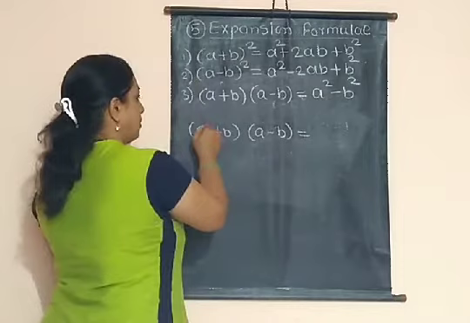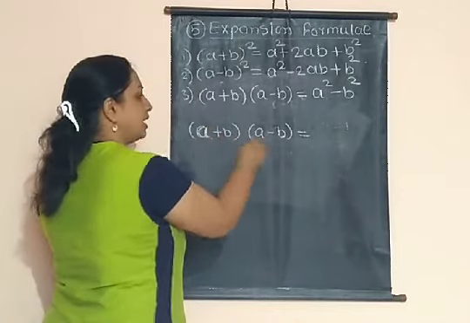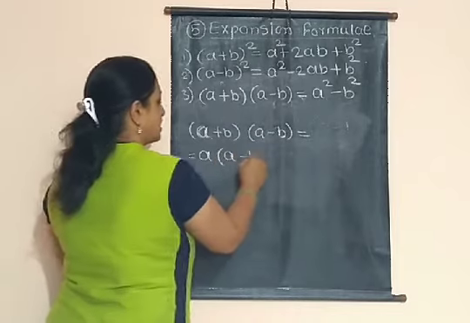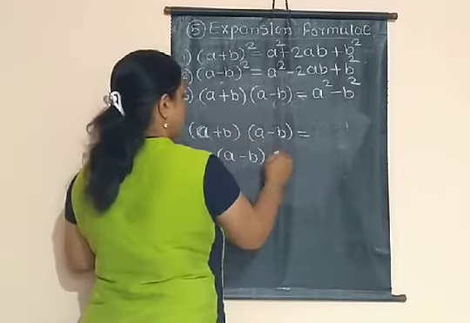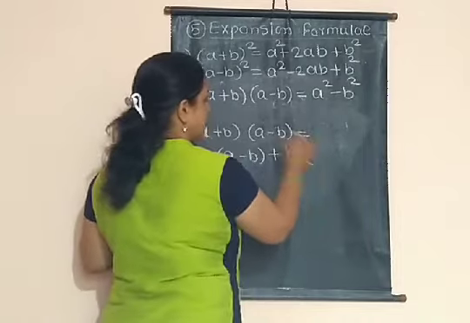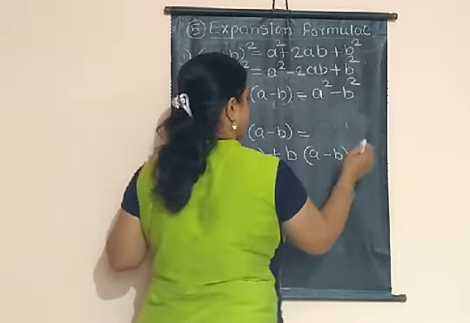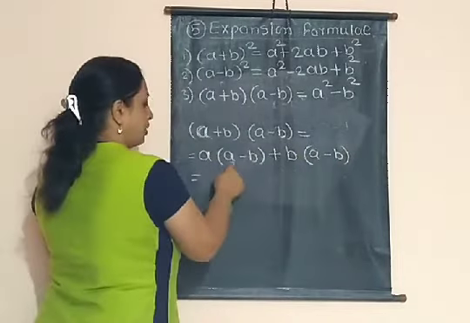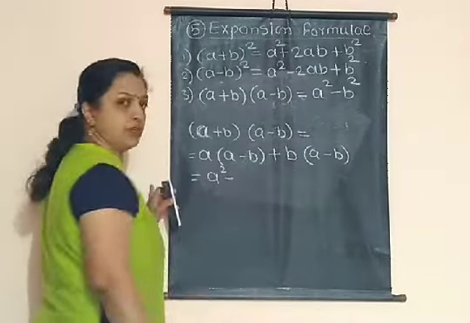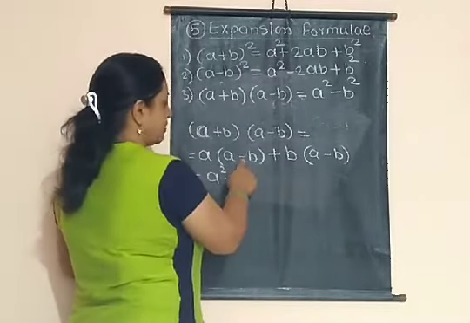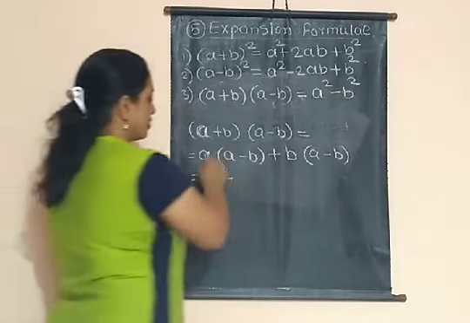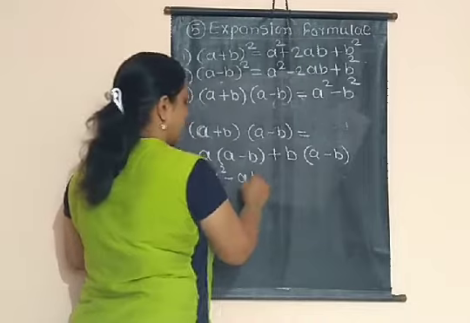So first multiply this term by a and then by b. So first a into (a minus b). Now here positive sign, so take plus b and in this bracket (a minus b). So a into a, that is a square. Now here we have to take negative sign because this is positive and this is negative. So the product should be negative. So a into b, that is minus ab.